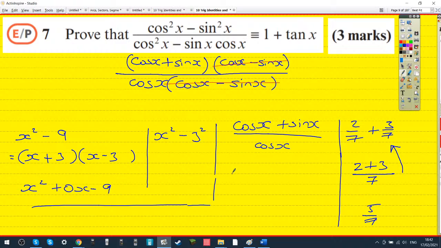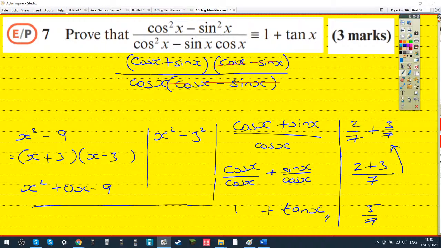Okay, so it's cos x over cos x plus sin x over cos x. Yeah, and simplify. One over cos x? Well, cos x over cos x is 1. I thought cos x plus sin x was 1. Or is that cos squared? Squared. Okay. 1 plus sin x over cos x. What is sine over cos? Tan. Okay, so tan x, and that's what we needed. So we have this complicated thing, and we simplified it down to 1 plus tan x by fully factorizing the